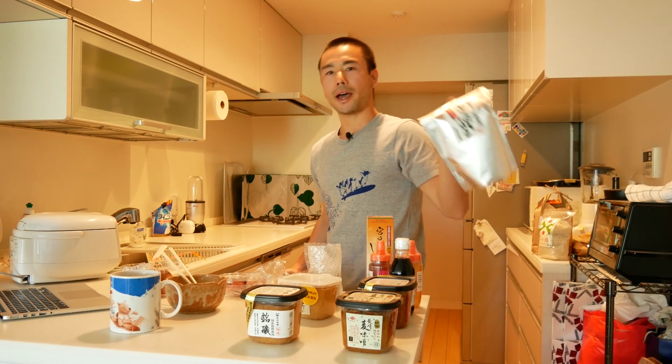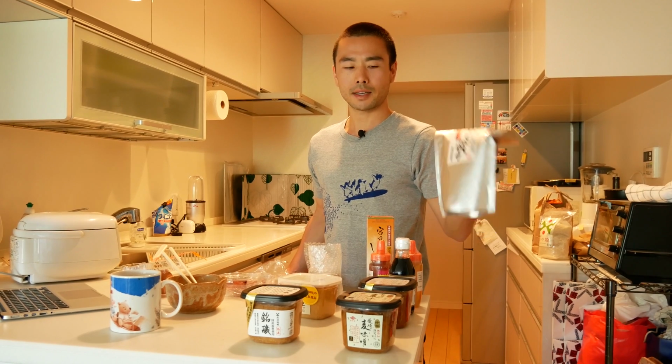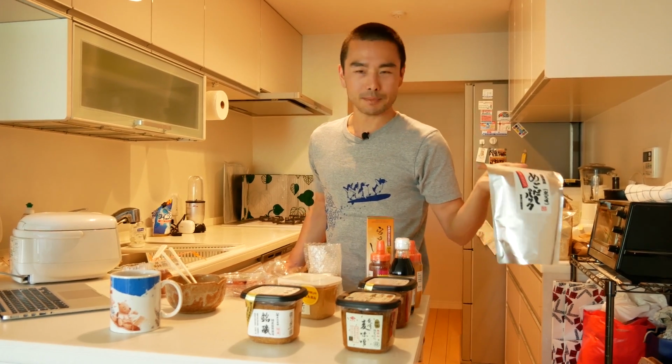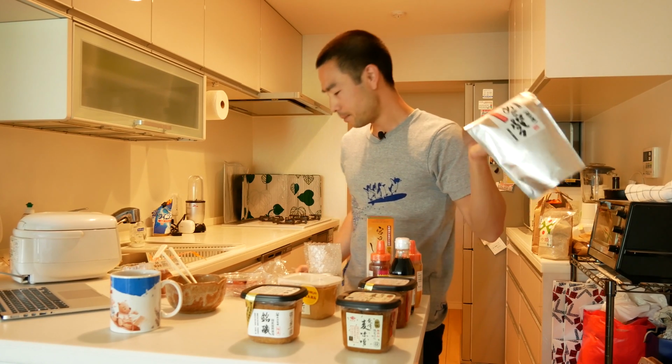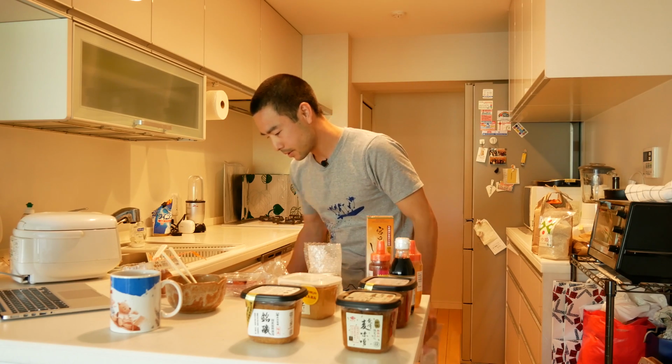and dashi packs. While I do make dashi from scratch, I also use these dashi packs because it saves time, and it's not fun to always make dashi from scratch, especially if you're busy or short on time. So I bought a bunch of these different dashi packs, several different brands,